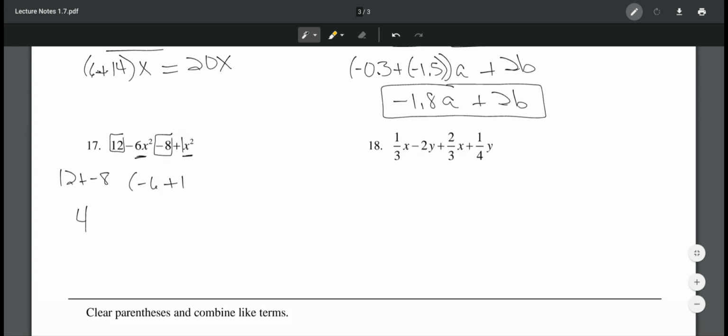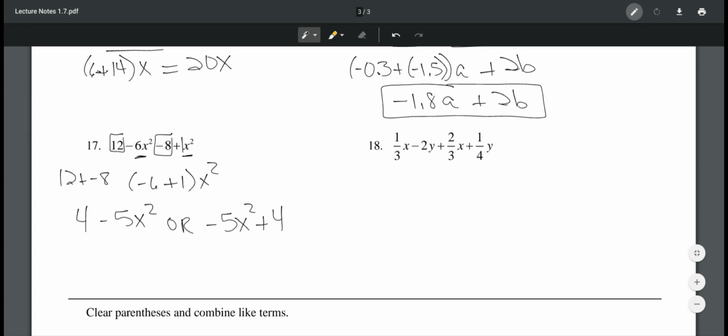There is an understood 1 in front of that x squared, and that gives me negative 5x squared. Now, you can write your answer this way, or you can put negative 5x squared in front of the positive 4. As long as the negative stays with the 5x squared and the positive stays with the 4, you can rewrite it that way. Now, in number 18, we have a couple of